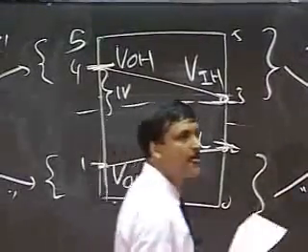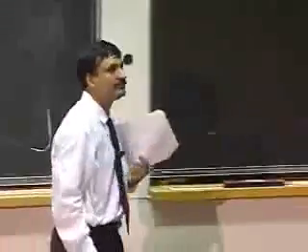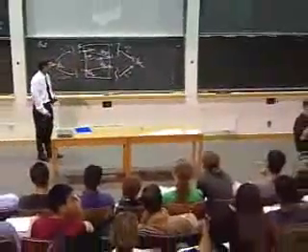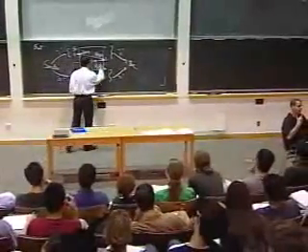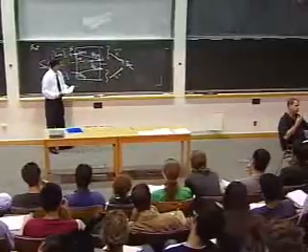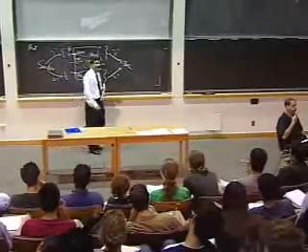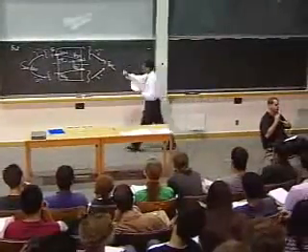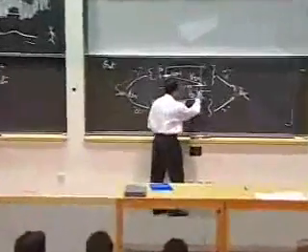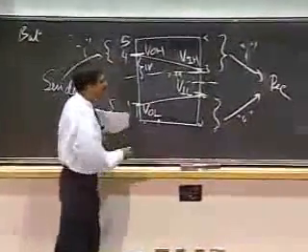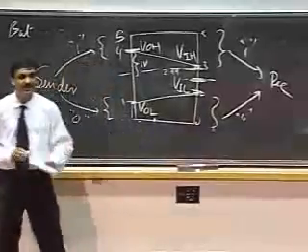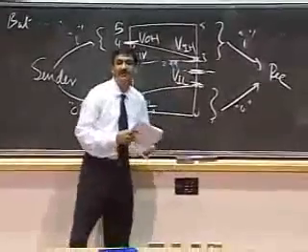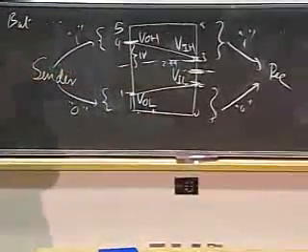Why do you need thresholds on the receiver then? Why don't you tell the sender it has to be less than 1 or above 4 volts, and then tell the receiver anything over 2.5 is a 1, and anything under 2.5 is a 0? Okay, so if the sender sends 2.5, what does the receiver do? You can do that. If all you want to do is have one value here, then you have an infinitesimal value for your forbidden region. That's fine. It's up to you to design it that way.